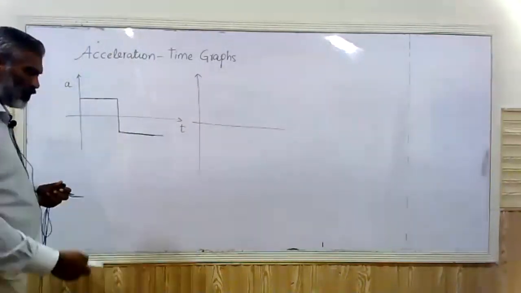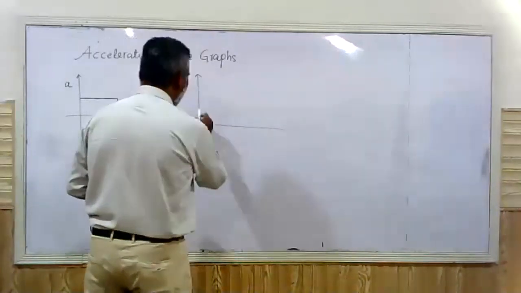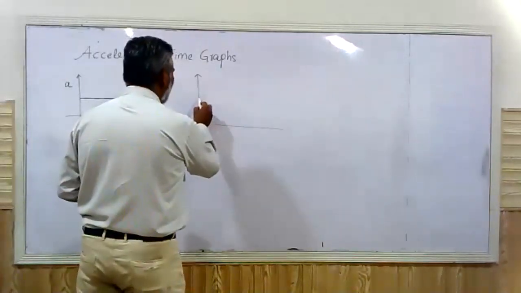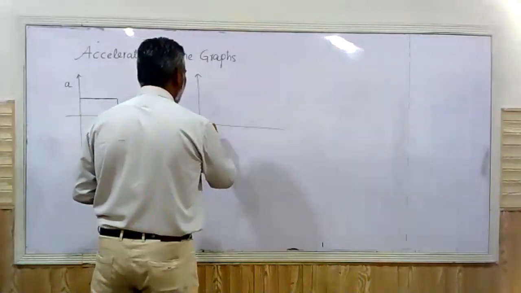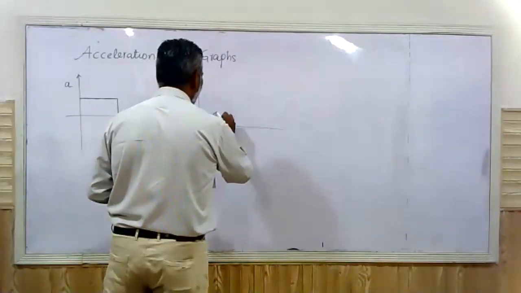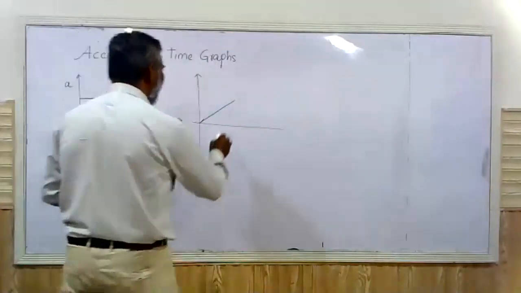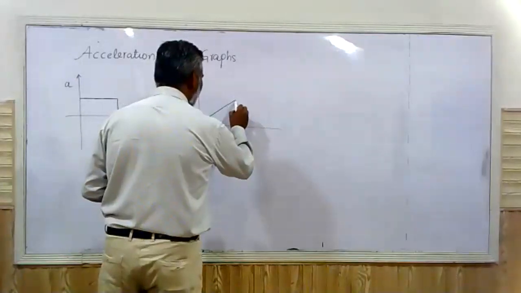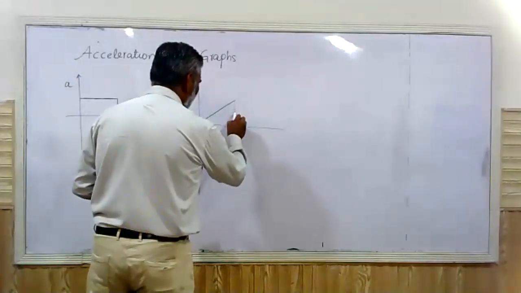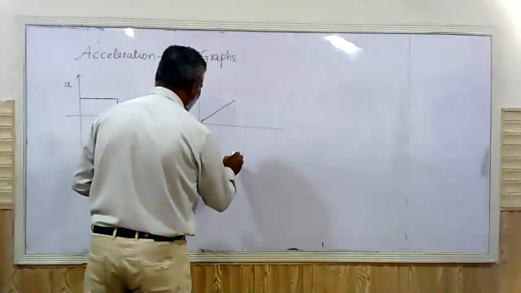But it moves up again after the rebound. If this is the part of the graph which shows constant acceleration. But let's say an impact has taken place here, and due to this impact, the velocity has gone to this direction, and the object will